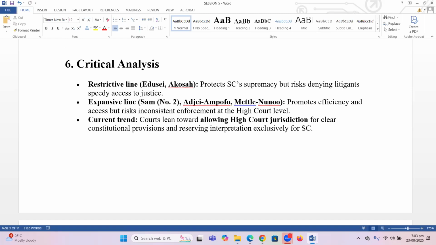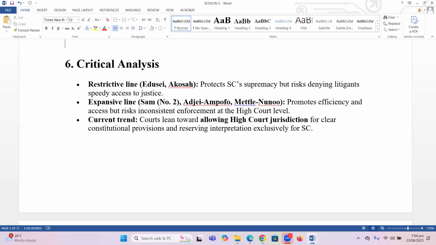But one will say that where the provisions are clear, if we look at the trend of cases and disposition of the Supreme Court, we can actually even get it from also how it reasons in some of the supervisory jurisdiction, the judicial review. Most of the cases people go for certiorari and prohibition. If you look at the Supreme Court disposition, you notice that it seems to also be saying that where provisions are quite clear, there's no need for you to come to the Supreme Court under Article 2